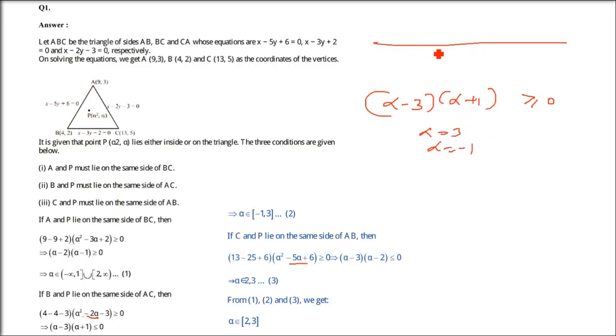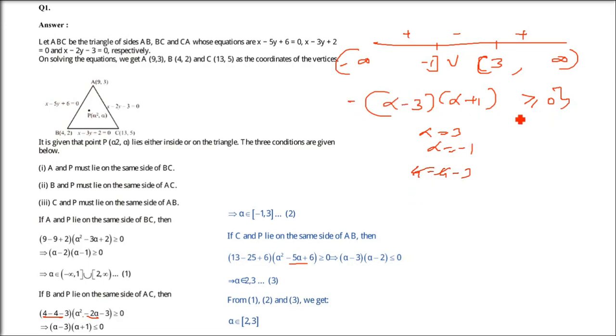So this will give you alpha equals 3, alpha equals -1. So you'll get -1 minus 3, plus minus plus, greater than or equal to 0. So you'll take alpha from -1 to 3, and this is the solution supposedly. But it is not. Why? The thing is that previously the constant was 2, so we didn't think about it. But here 4 minus 4 minus 3 is -3. It's negative, so because this is -3, this inequality changes.